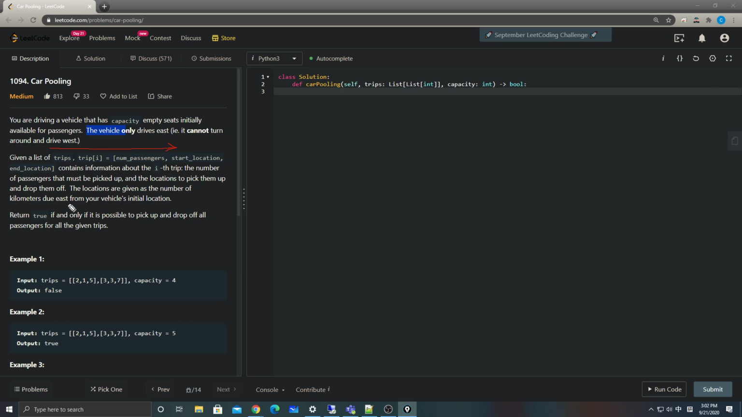Okay. And you're given a list of trips. So each trip has three elements. The first one is the number of passengers that this trip will carry. The second one is the start location. The third one is the end location. And then there's another input here, the capacity. So it asks you to check